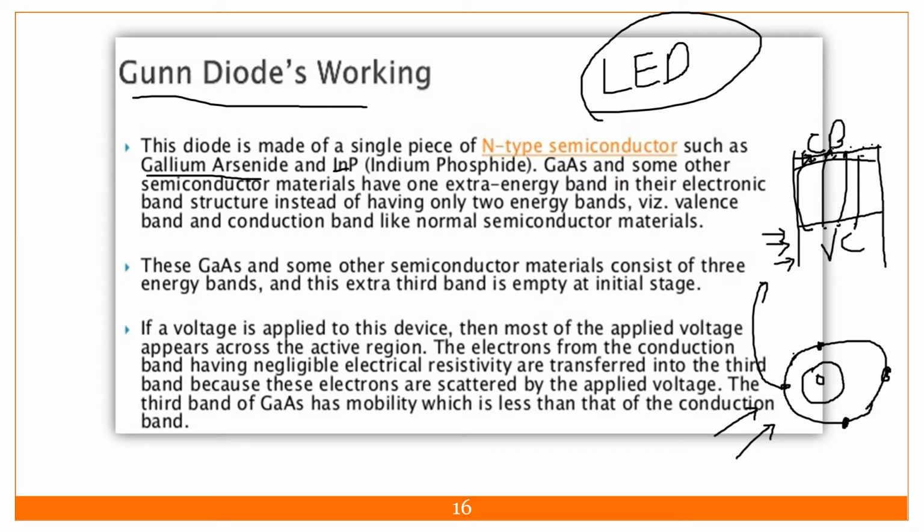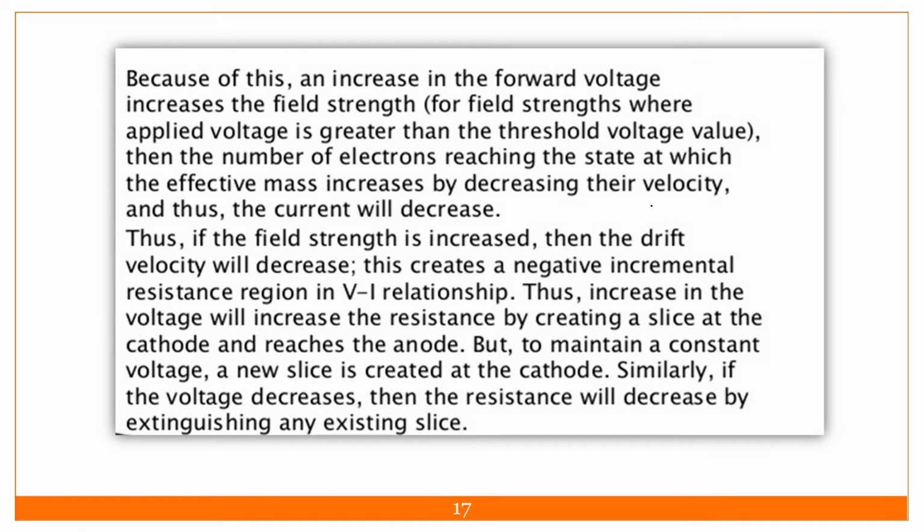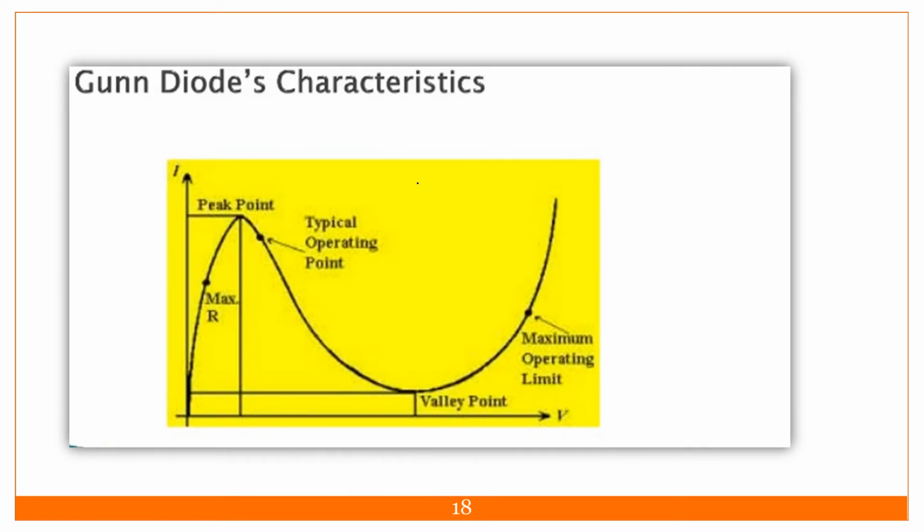So this region is called the negative differential region. Due to which this is forming a negative resistance region, and the electric field being positive, the overall effect will be zero, and which will cause the oscillation. So we are getting some kind of frequency that is in the range of some gigahertz. We'll discuss this. I will explain with the help of a graph.